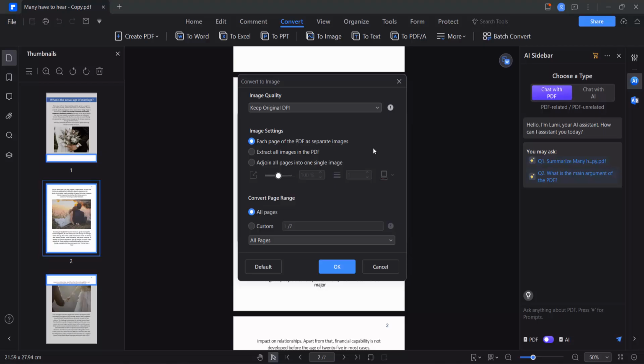Here you can choose to extract all images in the PDF, or only images, or join all pages into one single image, or you can create separate images. I choose the first one, and this keeps the original image DPI. You can change the image DPI also, and you can convert a custom page range, or you can select all pages, and select OK,